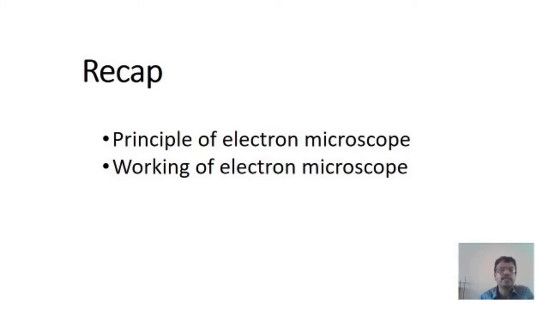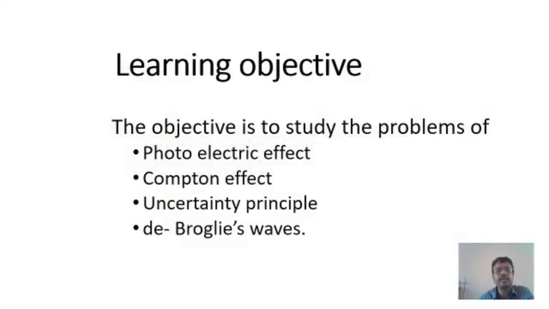The first lens focuses the electron beam onto the specimen. The second lens, called the magnetic objective lens, gets a magnified image of the specimen. To get more magnification, the same image acts as an object for the next lens, called the magnetic projector lens. We get more magnifying power and magnification. In this way, a very highly magnified image of the object is obtained using the electron microscope.